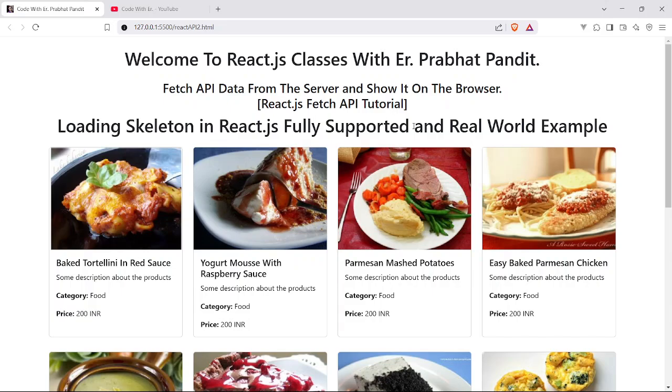Guys, here I will also explain and teach you how we can create an awesome dynamic and state of the art loading skeleton in React.js, which is fully supported and a real world example as well. Okay, so guys, like I told you in every session,